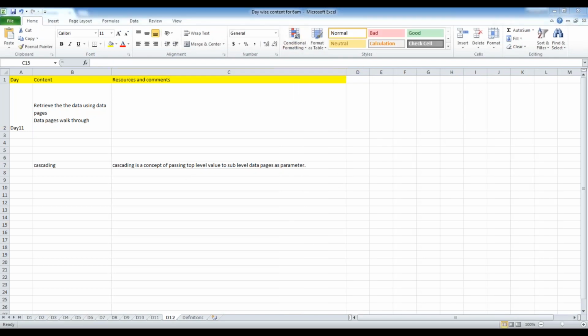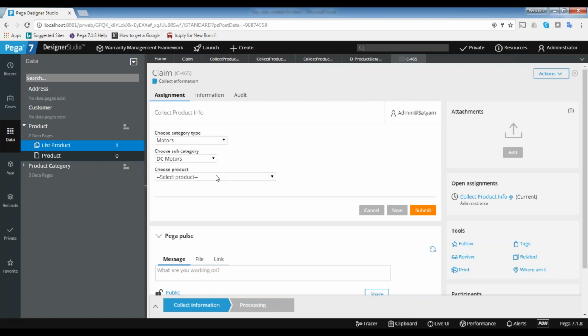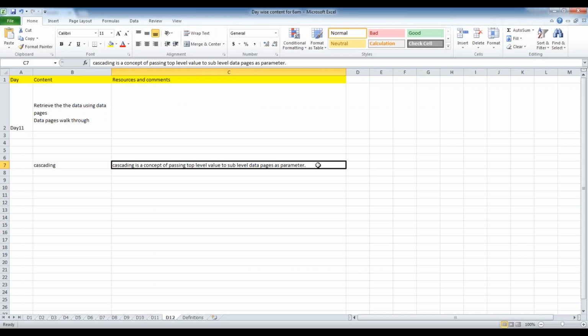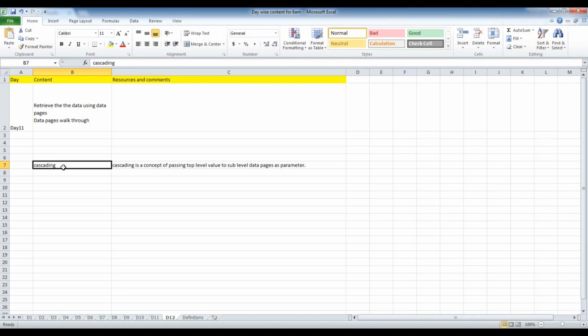Let's say once you select the products, if you want to see some more drop downs based on the products, that also can be configured like this. You can go for any level. So this value is passed here, and this value is passed here, and this value you can pass to something else, and that value you can pass to something else. So the chaining you can go for any level. That is called cascading. Anyway, we are discussing that one, but we will see what exactly the database is doing. What is the purpose of that one?